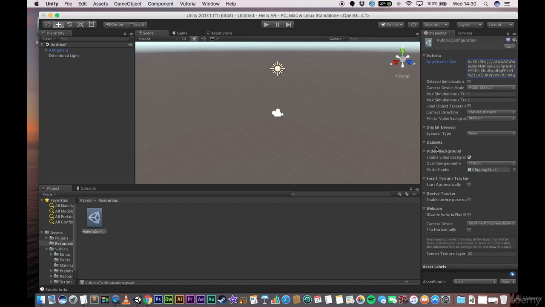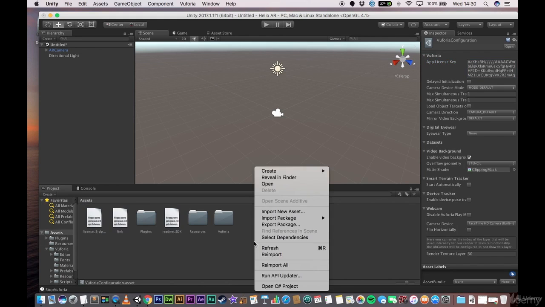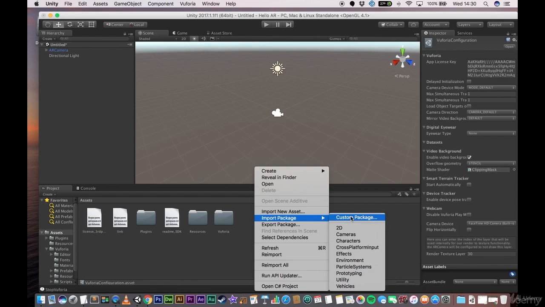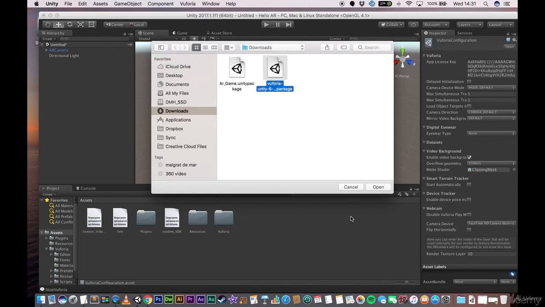Now, a data set contains the targets that we're going to be using that the camera needs to look for, and at the moment we don't have any data sets imported into our Unity project. So let's go back to the assets again, and this time I'm going to right click at the bottom and import a new custom package, and this is the database that we created, which contains the information for the two pictures. So if I just double click again,